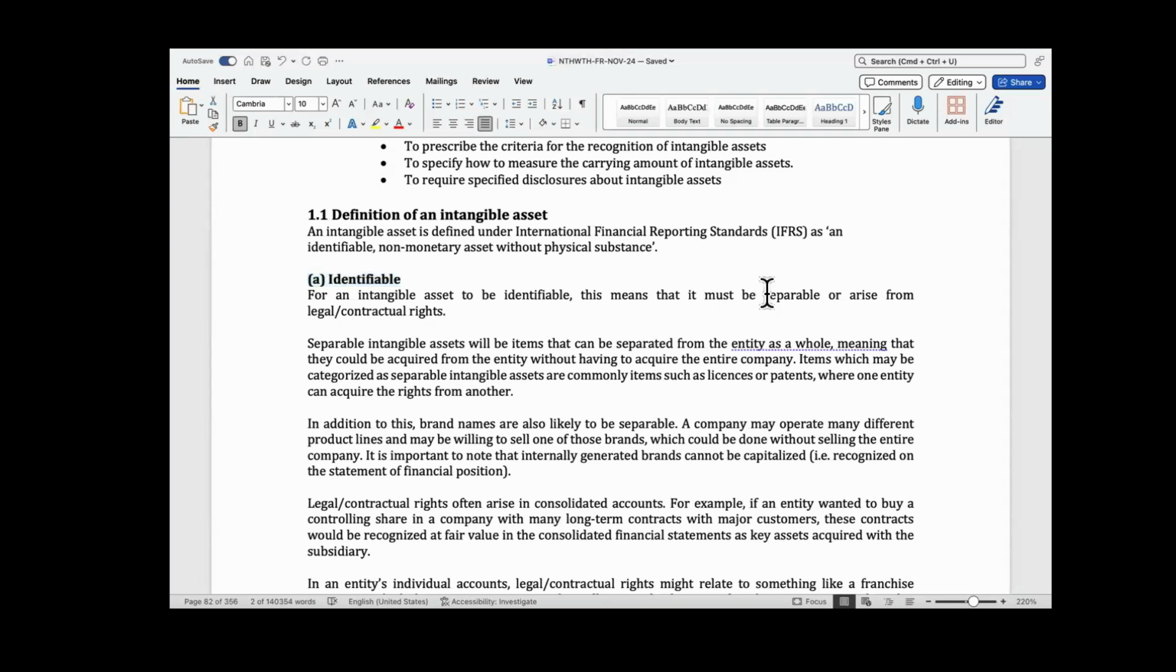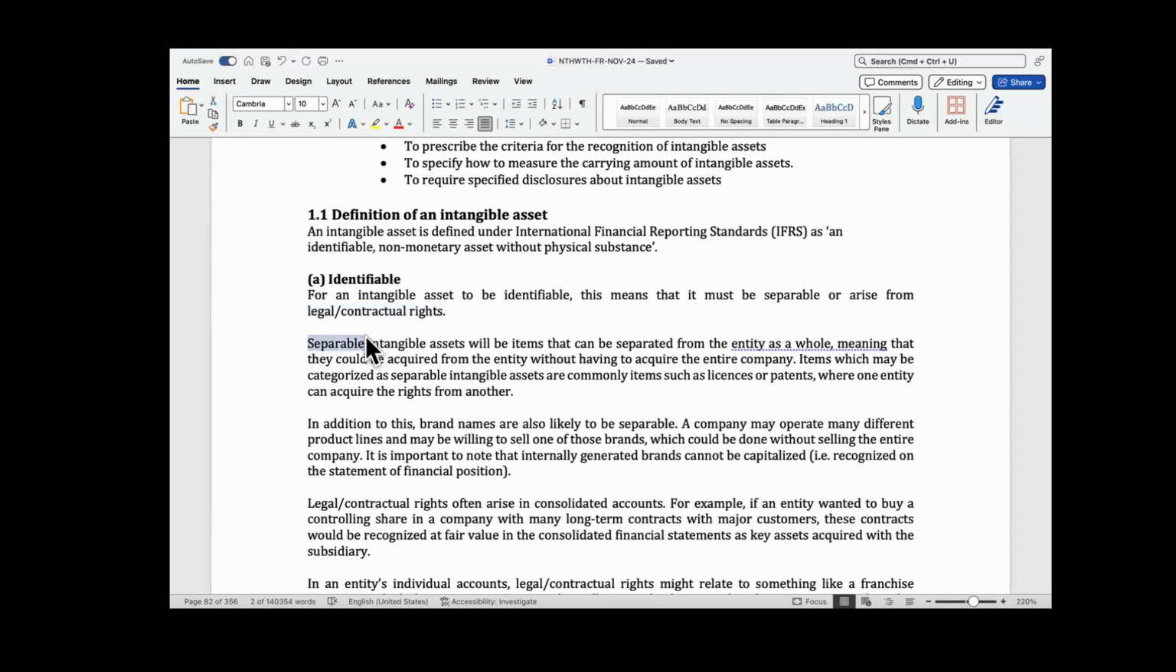Number one, either it is separable or it arises from legal or contractual rights. So when we say identifiable, it is either that item or asset is separable, or that item is arising from legal or contractual rights. So any of the two can make the asset identifiable. Let's pick them one by one. The first one,